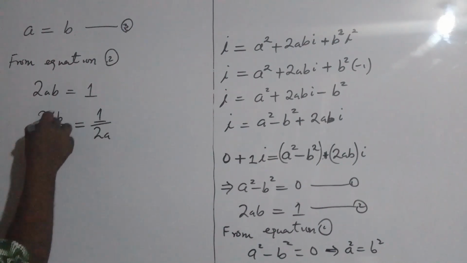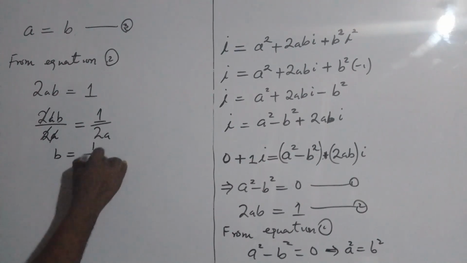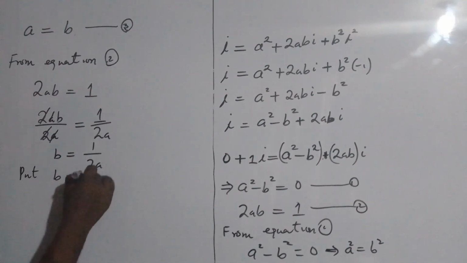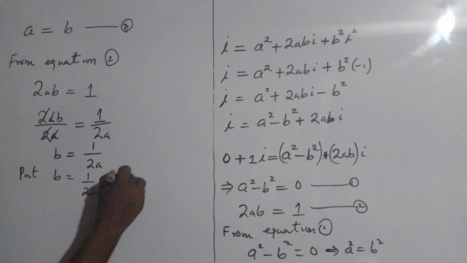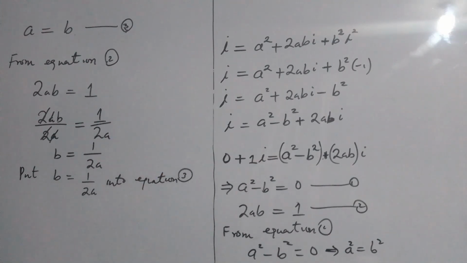So a and a will cancel out, 2 and 2 will cancel out, so b will be equal to 1 over 2a. Now if I put b equal to 1 over 2a into equation 3,